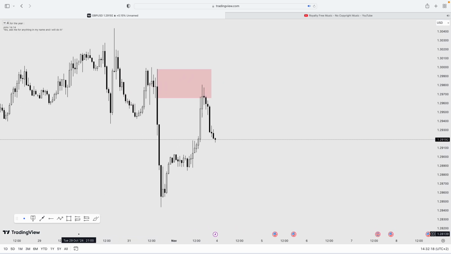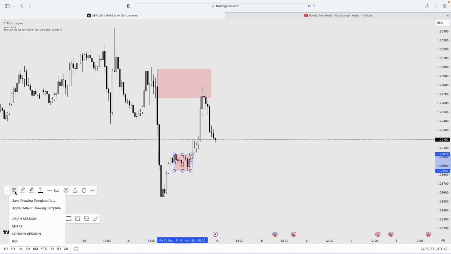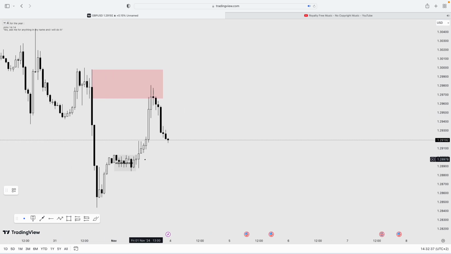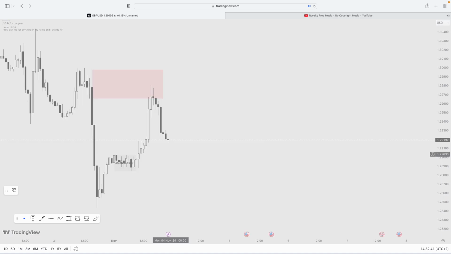Let's mark out quickly this one here till there. Okay, so this was obviously the London Asian session, and then as we can see, that's how the trade played out. But if we go down to my entry time frame, which was the 5 minutes,